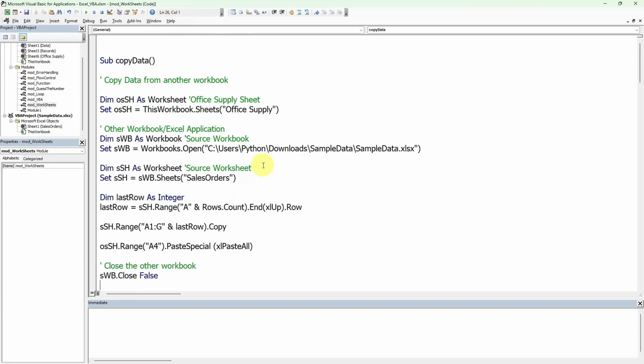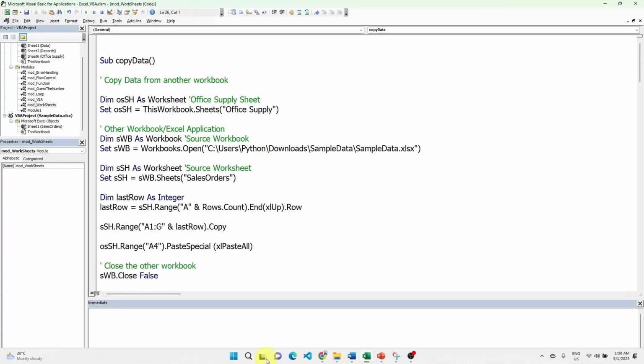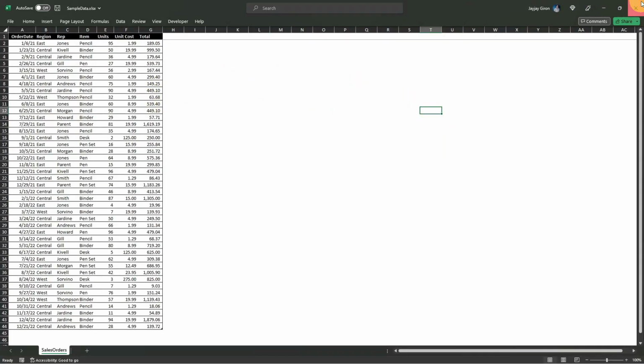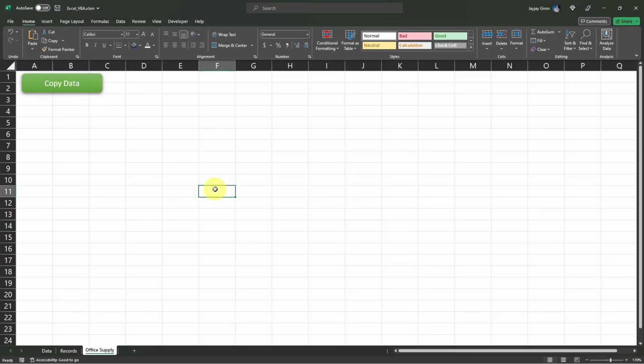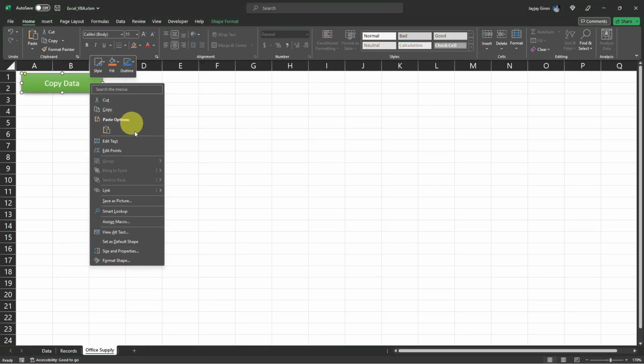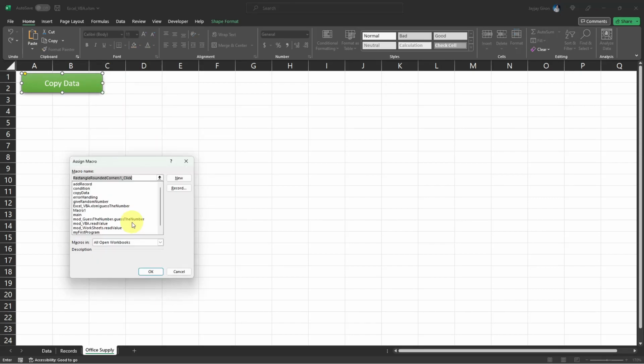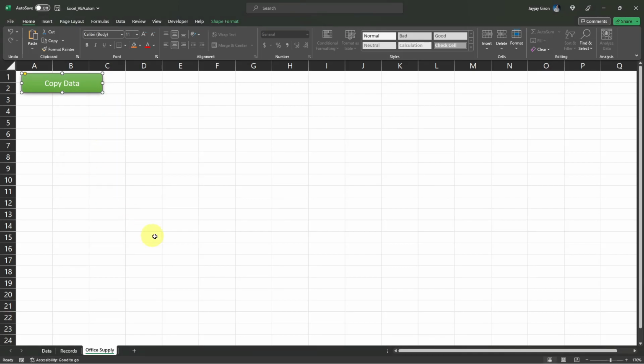And before we test this procedure, let's close the file first, or the other workbook file. And now I can associate the procedure here in this button. So we can right click here, assign macro. Then let's look for the copy data procedure. Just double click on that or click the OK button. And now if I click this button,